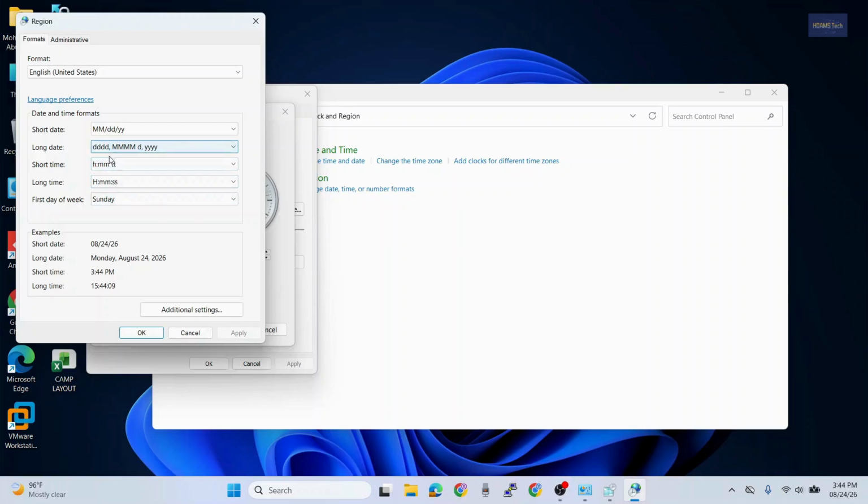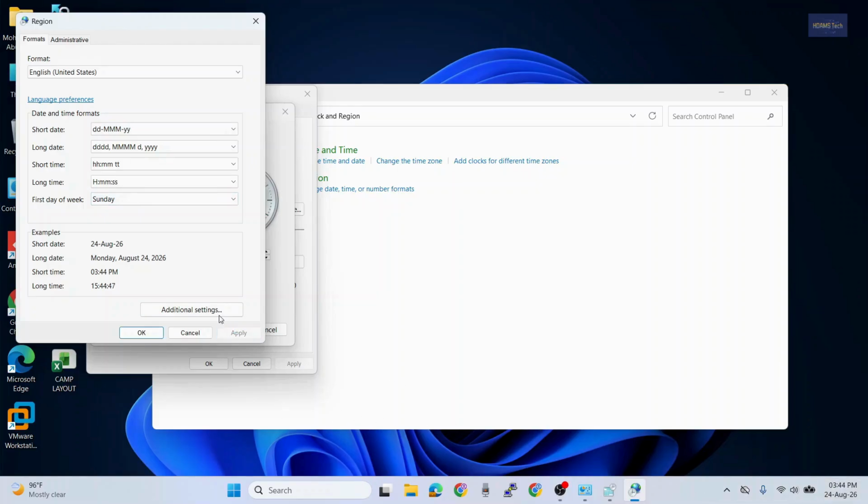So from here, the time format is available. Hour, minute. Once I click this one, apply, you can see it is added 0. But the thing is, there are only a few options for month here. For example, if I select this one, apply, it is 8/24/26. And here it is showing like this, date,